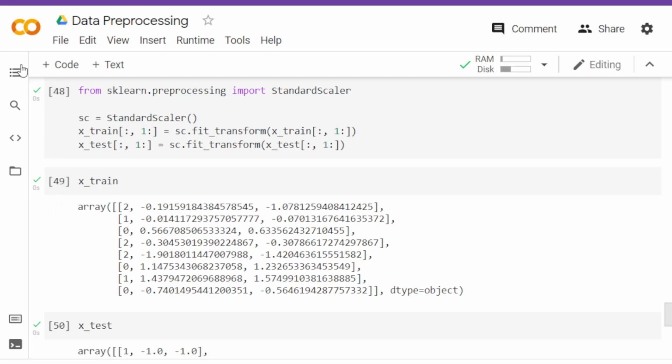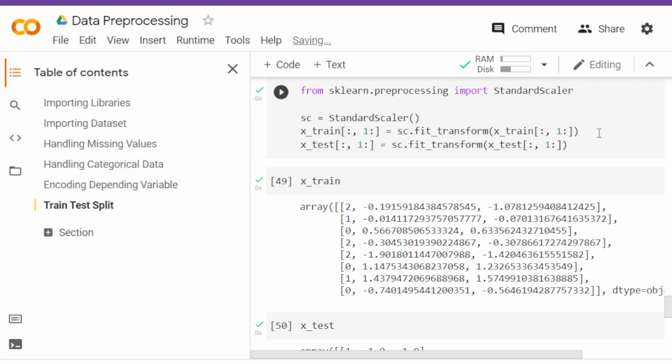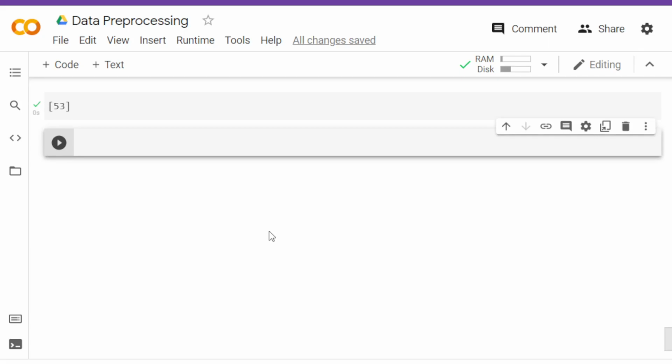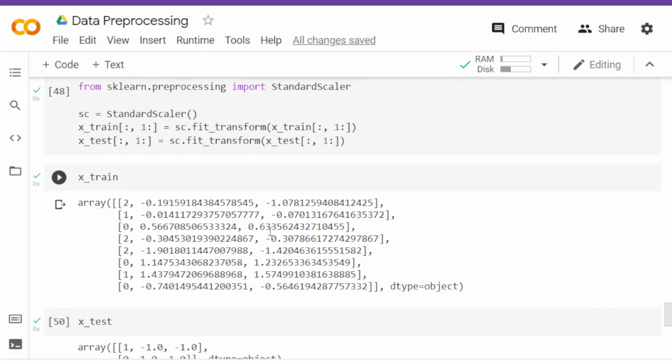So let's see what we have covered. We have imported the libraries, we have imported the dataset, we have handled the missing values, we have handled the categorical data values, and we have encoded the binary values. We have split the data into training and test, and lastly we have seen what feature scaling is and how we can implement it. These are all the major things which you have to do to make your model predict the best possible values. You can try it on your own data set and check what values are improved in your machine